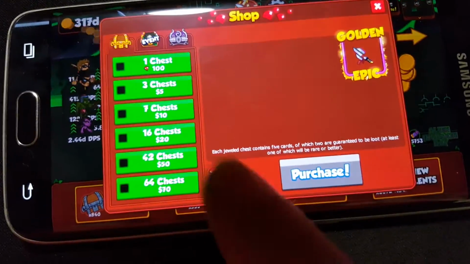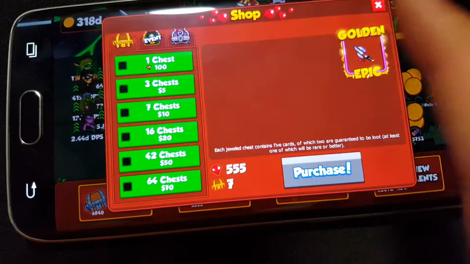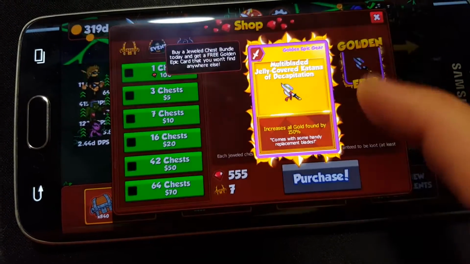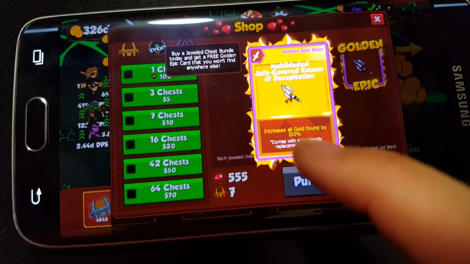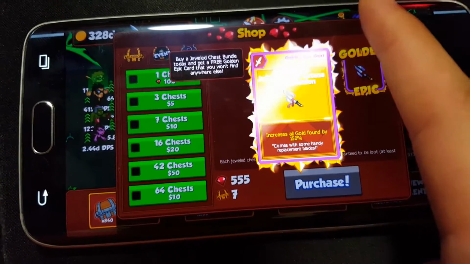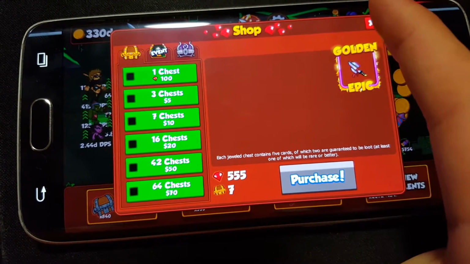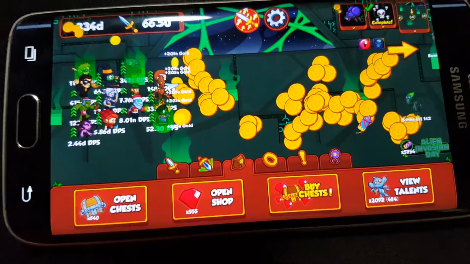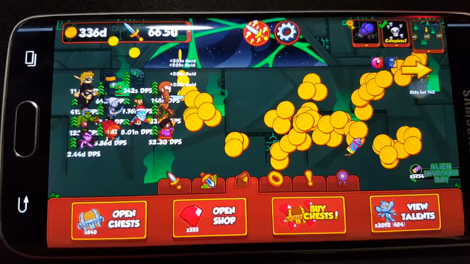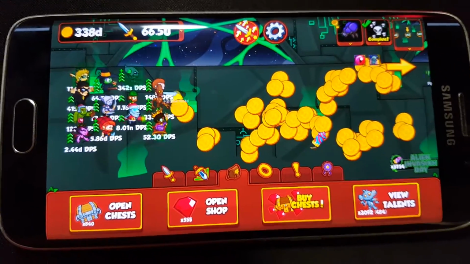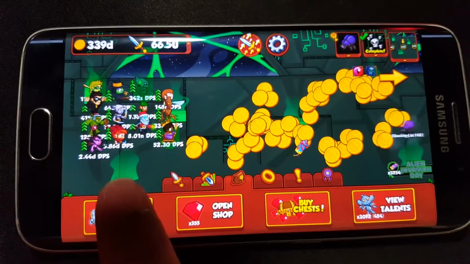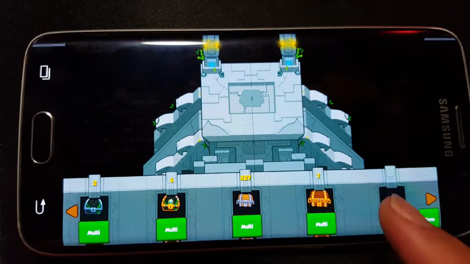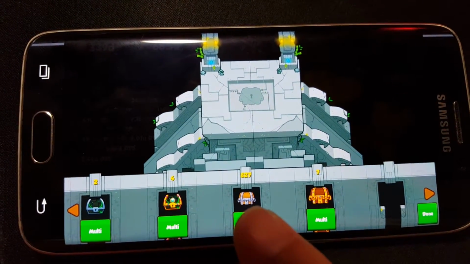You have the buy chest section, which allows you to buy the chest. Click on the event chest. It looks a little different, but it's pretty much the same. As you can see, there's the blade that I really want to get because of the 150% gold found. Pretty awesome stuff. Okay, can I close it, please? Thank you. It's hard because I'm looking through the viewfinder of this other camera, trying to play the game on the other one. And again, so there's my chest,